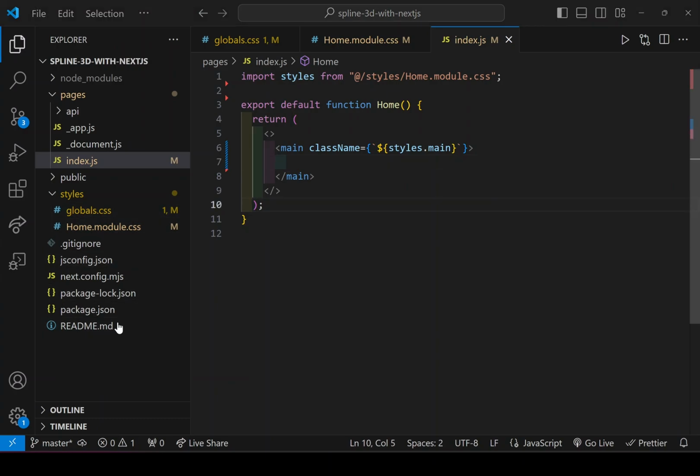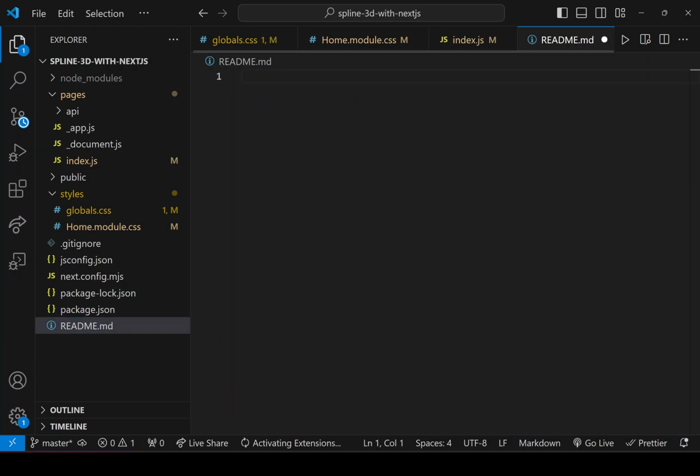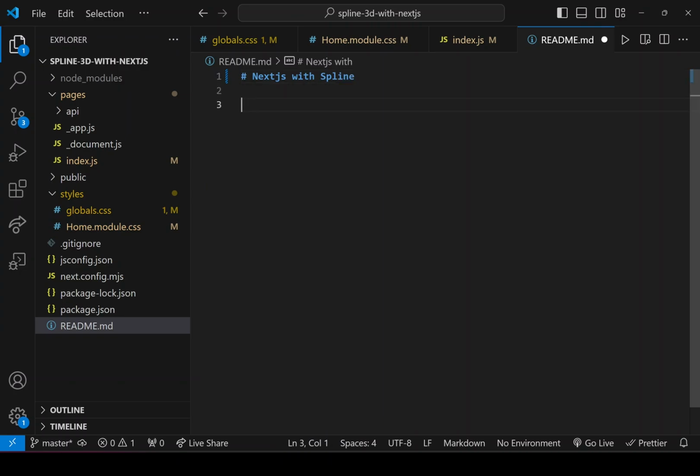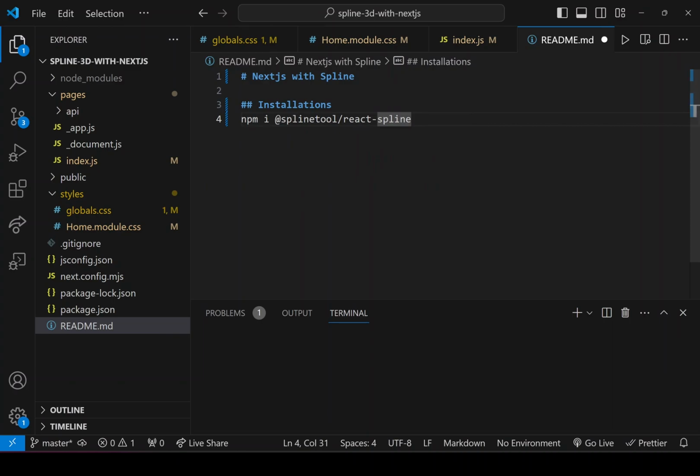And what I'm going to be doing is I'm going to be installing Spline. So I'm just going to write this in the README. I'm going to have to install the Spline. So I'll go to my terminal, and in my terminal, I will run the command.